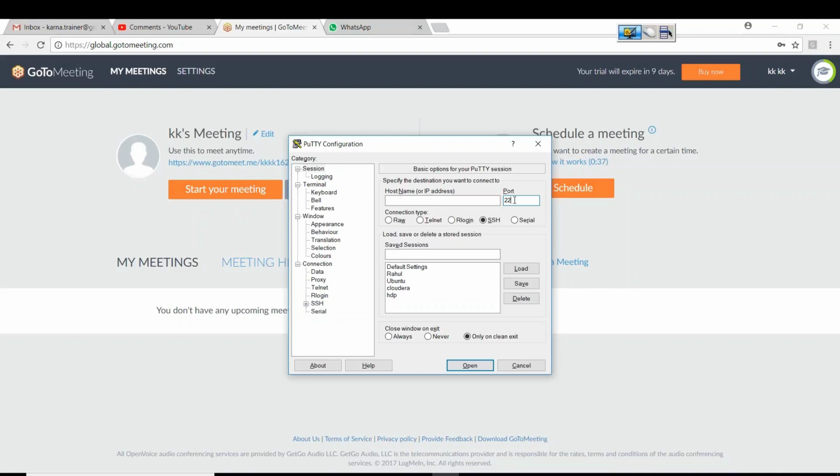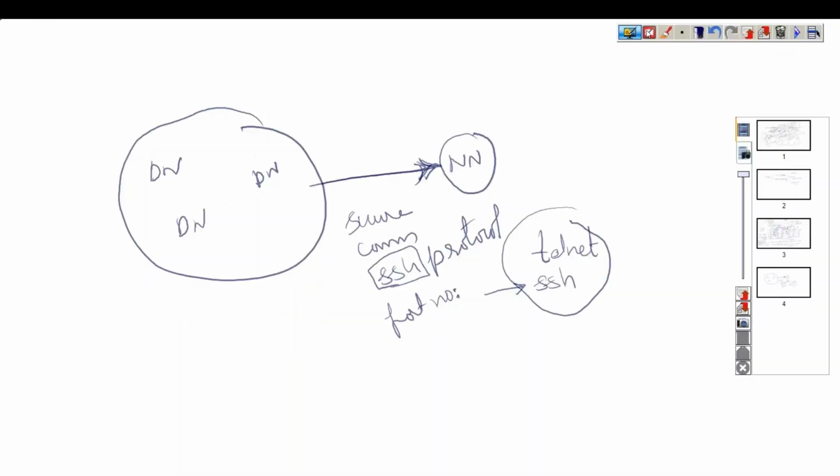HTTP protocol will be used for that. For a secure connection, can we get the data securely over HTTP? That is HTTP with security. The port number used by HTTP is 80. Likewise, every protocol has its own port number. So SSH has 22, and HTTP has 80.